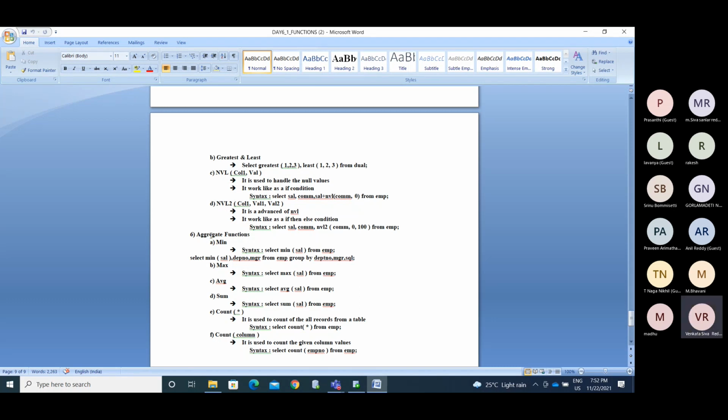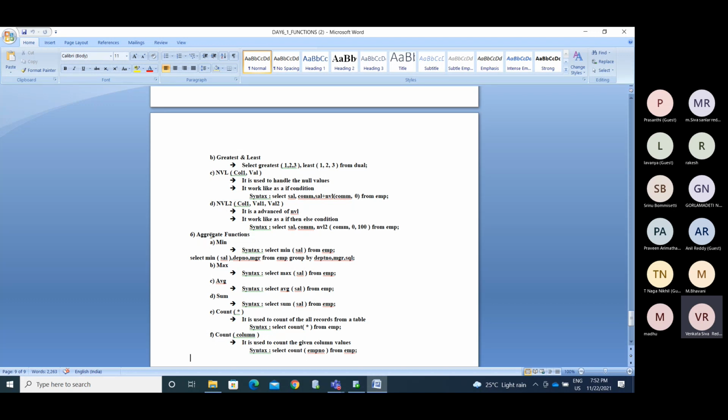If you want to know the average salary of all the 5 people, you will sum it and divide it by 5. So you are getting only one output for the entire group. That's why we are saying it is a multi-row function or a group function. It will work for multiple records and display one result for each and every group. Minimum, maximum, average, count, sum.